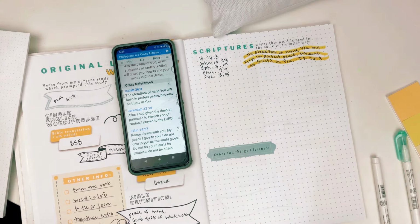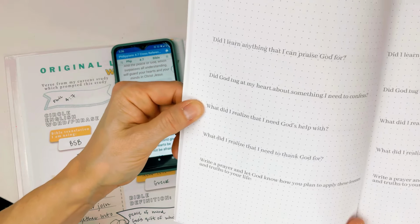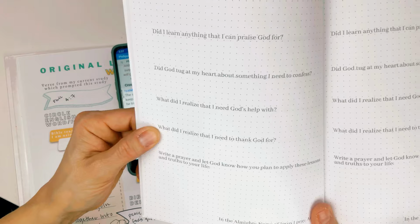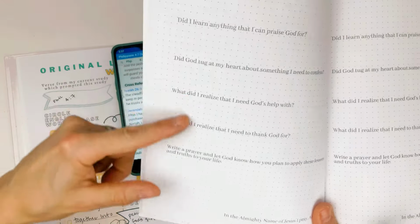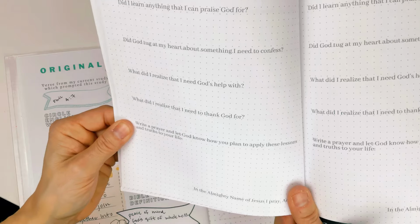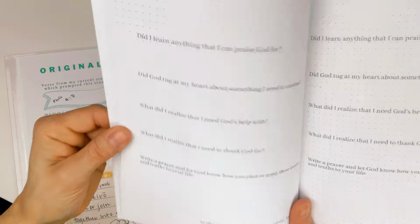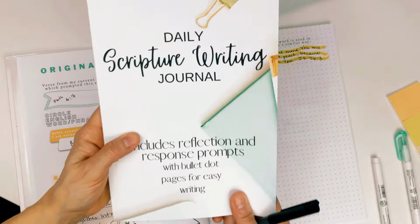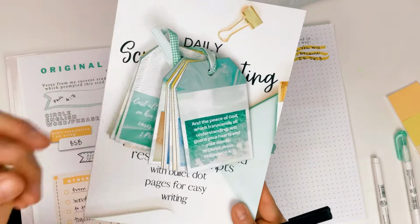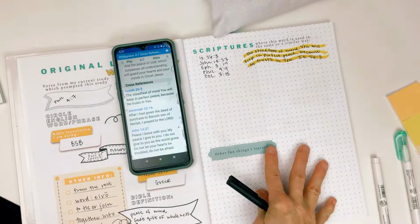And then I would confess that right there. What did I realize that I need God's help with? Then I would ask for God's help. What did I realize that I need to thank God for? Then I would thank him. You may not have an answer to all of these every time, but that's okay. Write a prayer and let God know how you plan to apply these lessons and truths to your life. In the almighty name of Jesus, I pray. So you do this every day. I'm going to do this this year for anxiety and fear. I want peace and joy. And so this is a little project that I'm going to be working on,